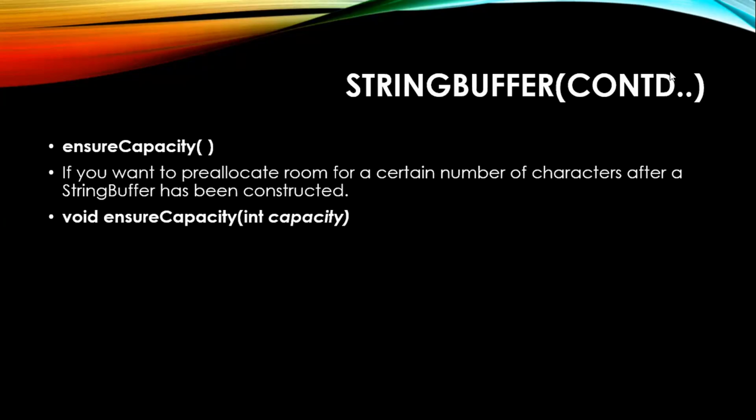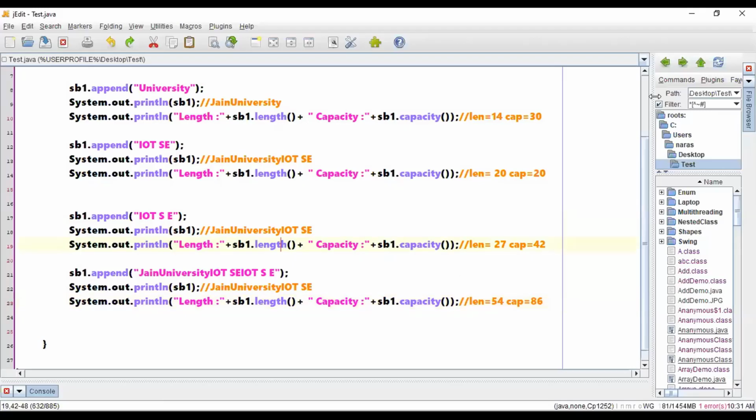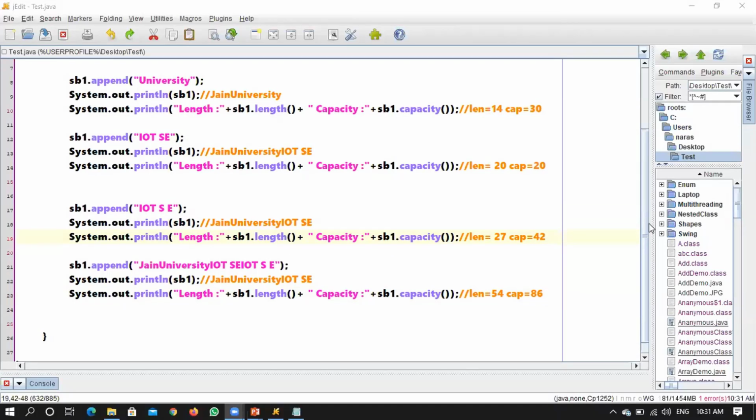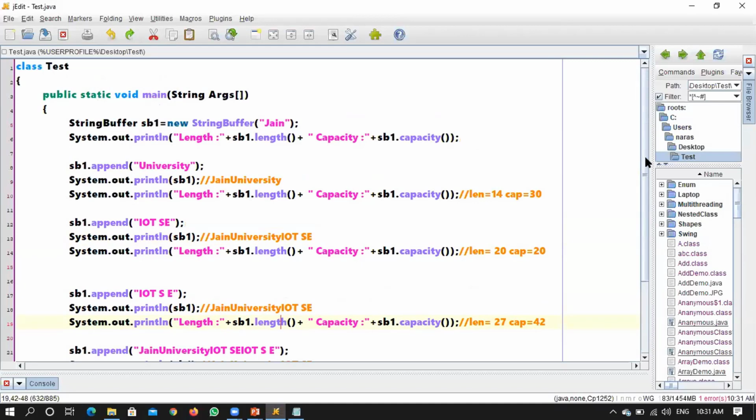No? Once again, sir. Okay. Let me go with the program instead of just showing the description. Hope it is okay to erase this particular program. Sir, if a StringBuffer is already creating the capacity, then what is the need of this? Yes, you should have all these questions. If you have questions, then whatever answers I give will have some justification. If I'm just shouting, there will be no sense in that. Shall I erase this program? Understood what the length is and what the capacity is, right?